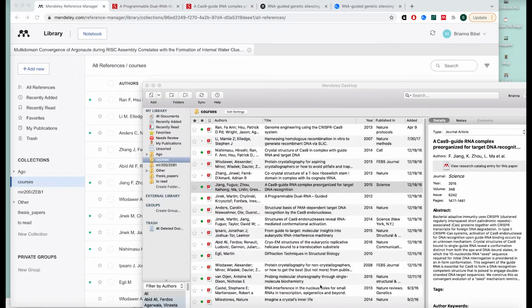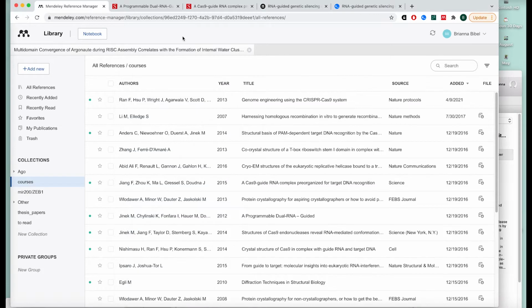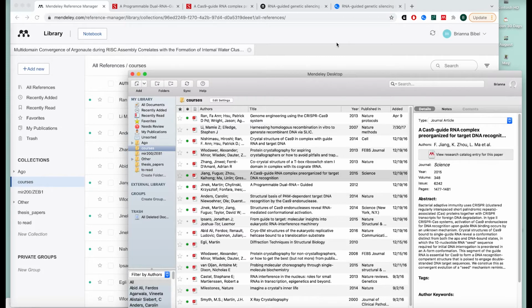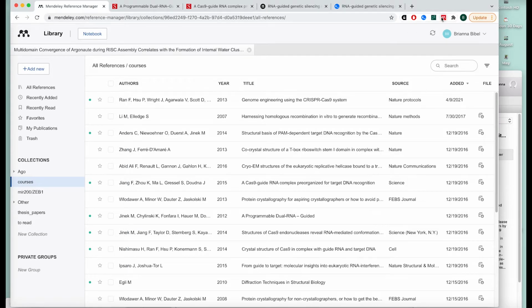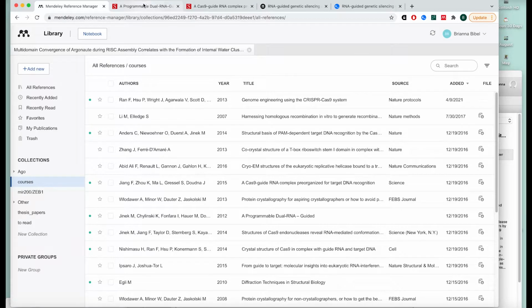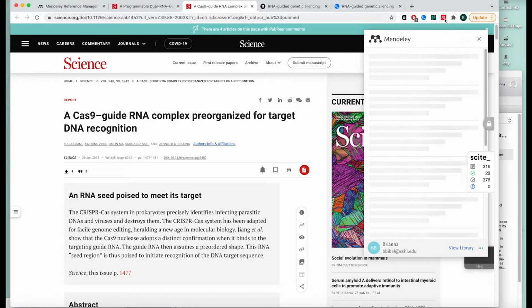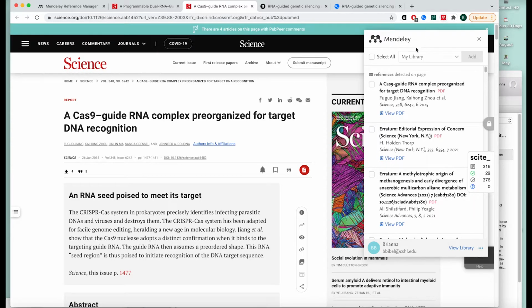There's a couple of main ways you can use it. There's the Mendeley desktop, and then there's the online web version. You sync between them, so you can use either, and you can use them at the same time. The other thing that's really helpful is this Mendeley importer. If you're on a page with an article, like this article page, if I click on this Mendeley importer,